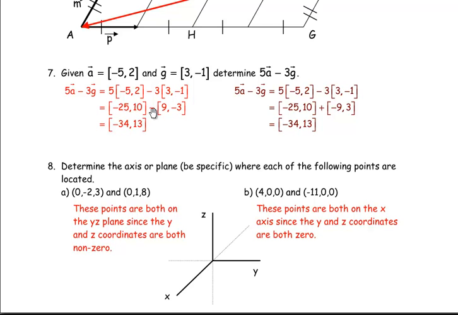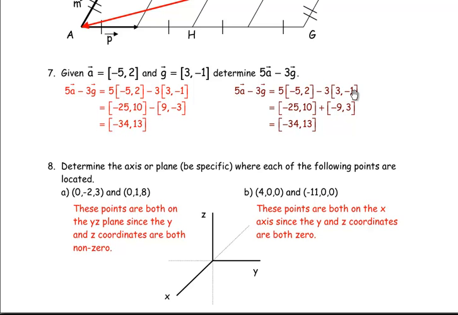There's actually 2 ways to do this. That's what the other solution is about over here. And so we would subtract these. Negative 25 minus 9 would be negative 34, and 10 take away negative 3 is the same as 10 plus 3, so that's 13. Now, instead, if you multiply the negative 3 in, negative 3 times 3 would be negative